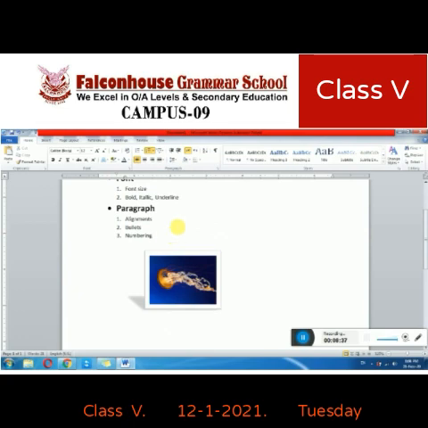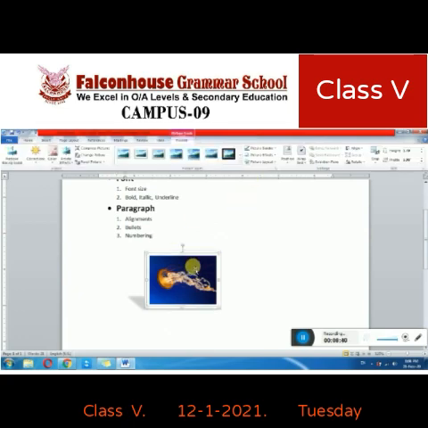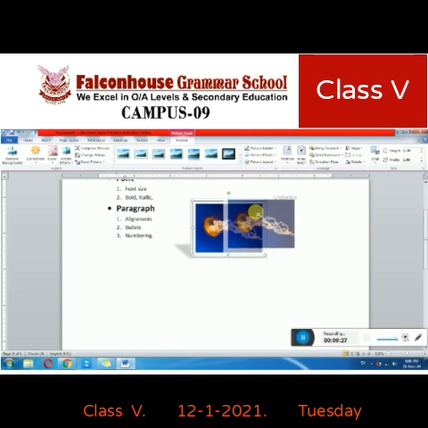Now I'm going to move that picture beside the text, and to do that we can use text wrapping. There are different text wrapping options over here, which include inline with text, square, tight, through, top and bottom, behind text, and in front of text. I'm going to choose the square option.